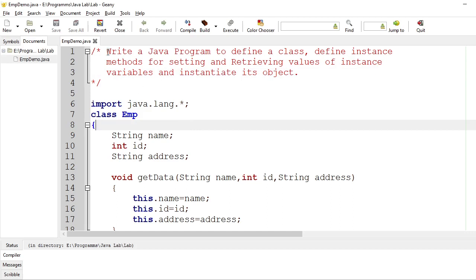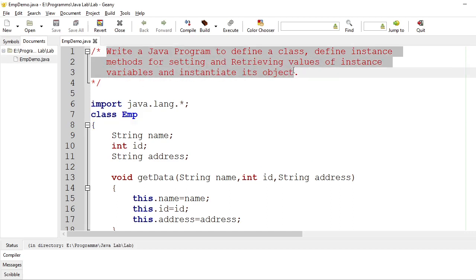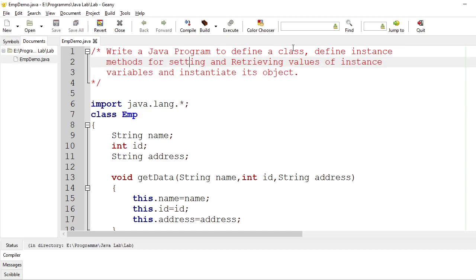Now, as the program explains, the problem is: first I have to create one class. In that class, I have to write methods called instance methods. One is for setting the instance variable, meaning initializing the instance variable.